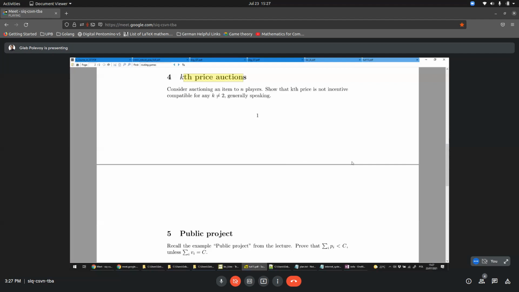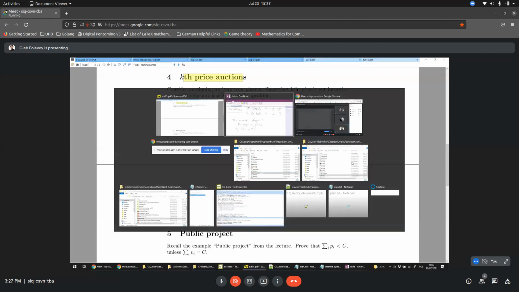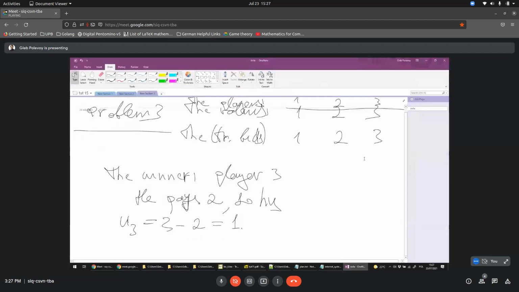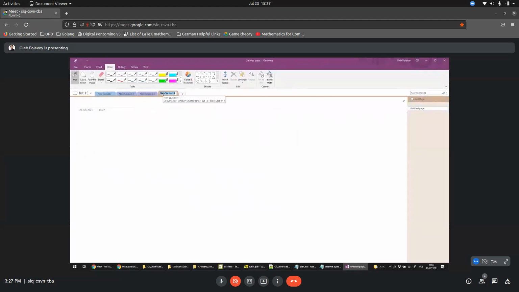Now, what happens in the first price auction? We know that what you pay does depend on your bid. So, for example, if you have two players, I just want to not just give you an example where you just see it and that's it, even if you understand why it's true, I want to help you with the thought of that problem 4. So for the first price auction,